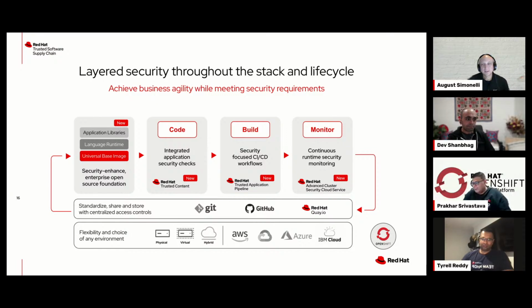Well said. Okay, so the last one, we have this layered security throughout the stack, as Dave was just discussing. It's not just about deployment or build, it's layered security throughout. So end-to-end security from code to build to monitor. We have integrated application security checks. Our CI/CD workflows are security focused right from inception to deployment.